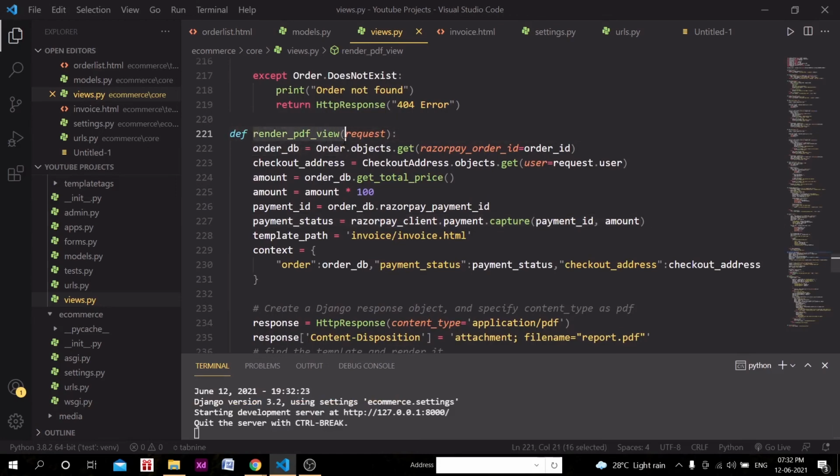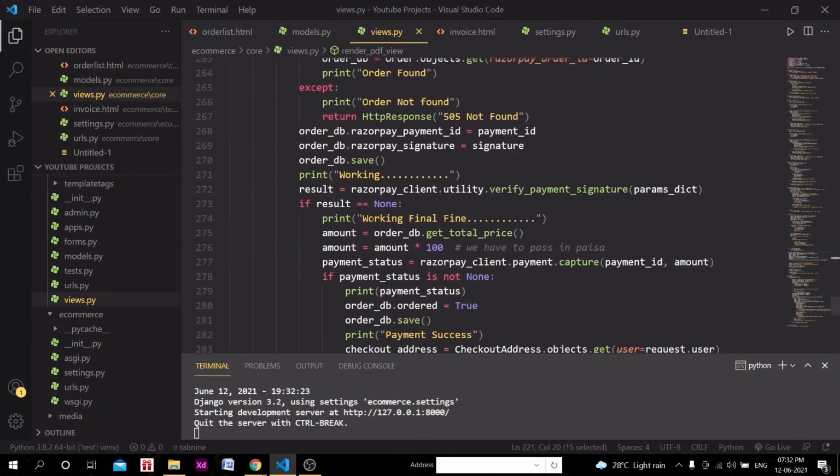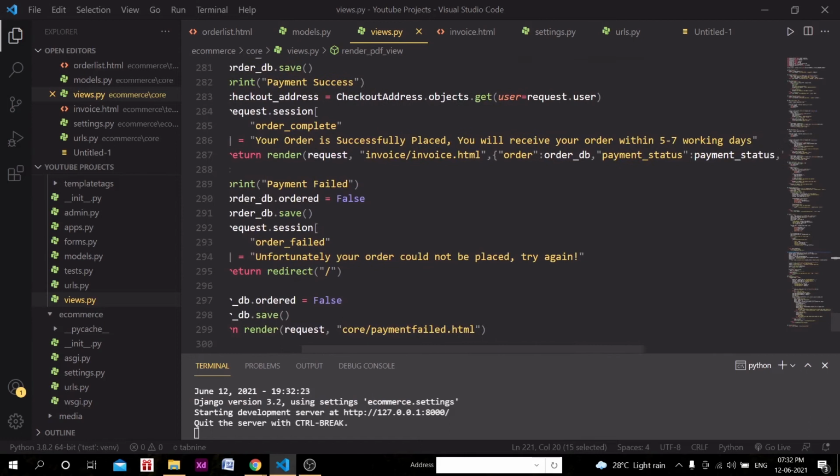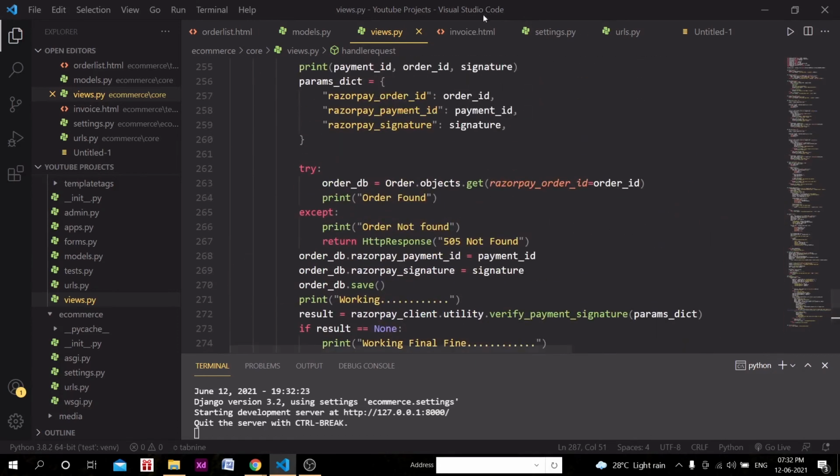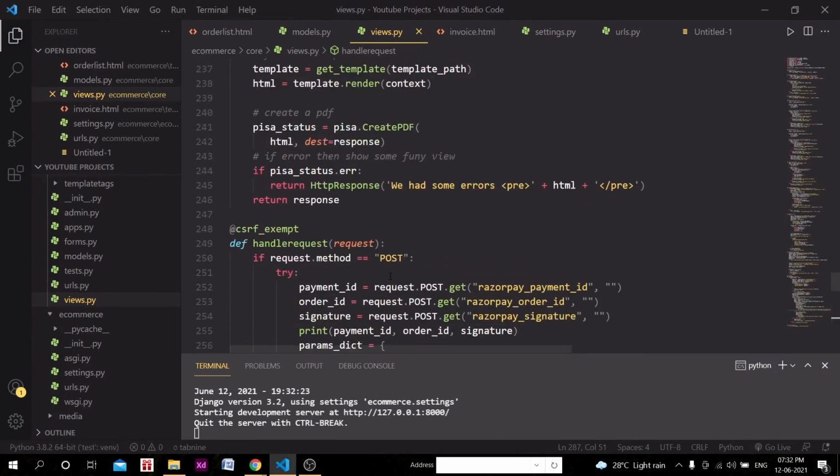So render PDF view, but what we need to do here is, we are generating the invoice HTML, but we need to redirect to that URL, right? So we don't have to remove this.